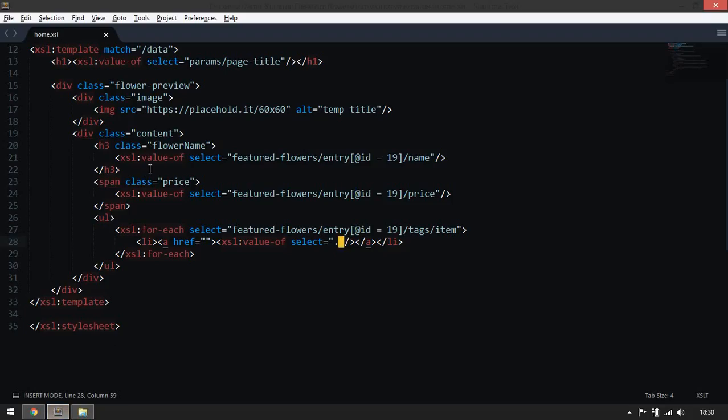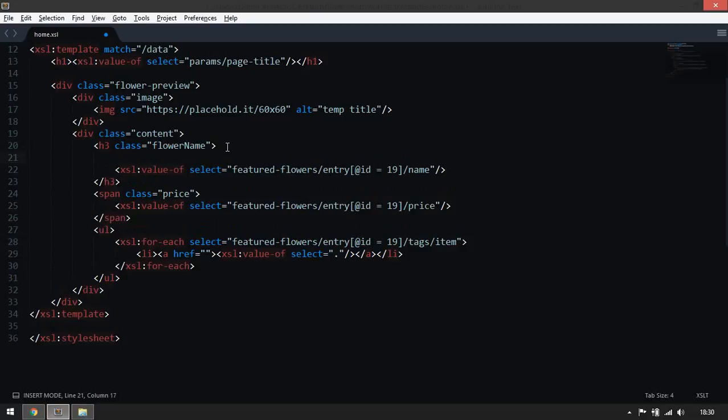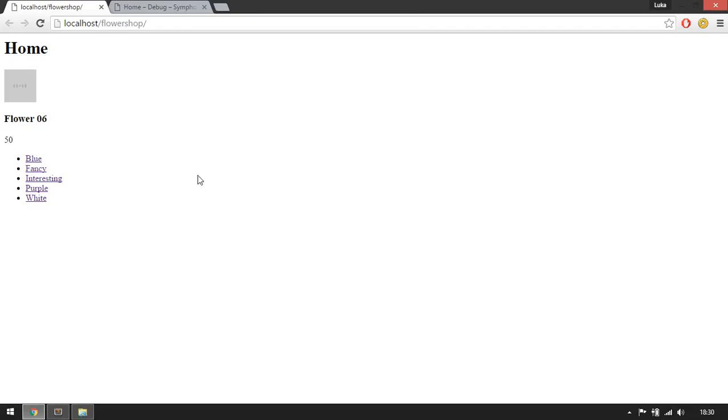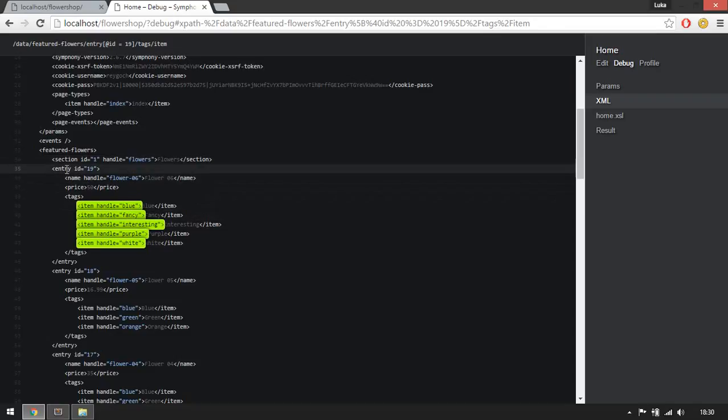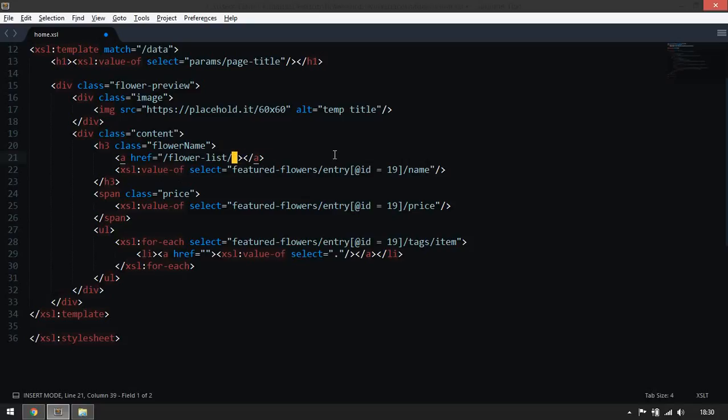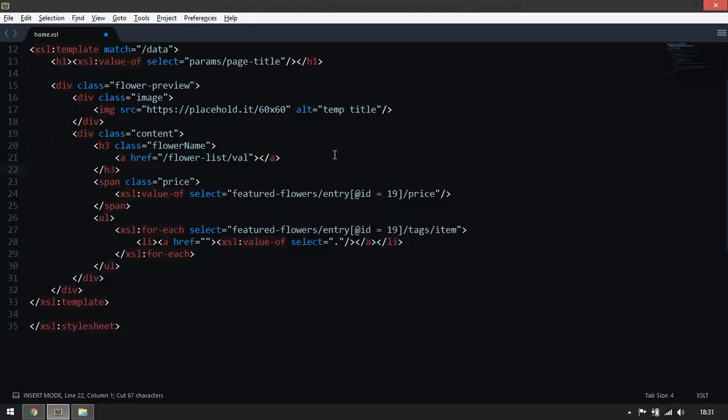Now let's go and create a new link, href, anchor, whatever, and we can say something like root flower list slash, and we'll pass ID of this flower. Now we want to put 19 over here because this is ID of our flower that we are currently viewing, but we cannot exactly put something like this in here,